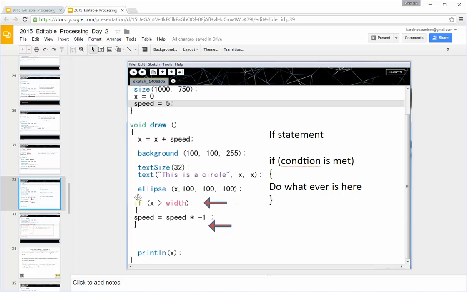So what we have here is saying if the value of x is greater than the width of the screen, which is determined up in the size declaration, if x is greater than this number, we're going to multiply our speed operator by -1. So it's going to make it appear like the ellipse is bouncing off the right-hand side of your